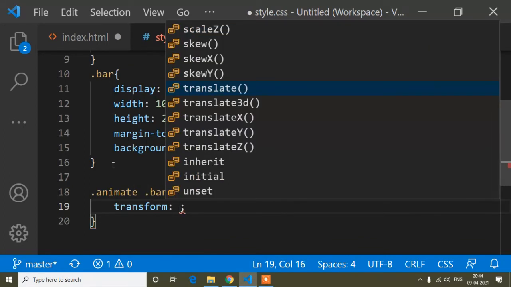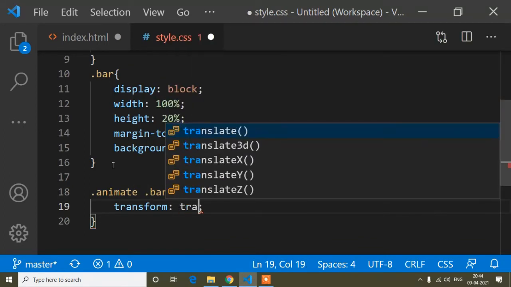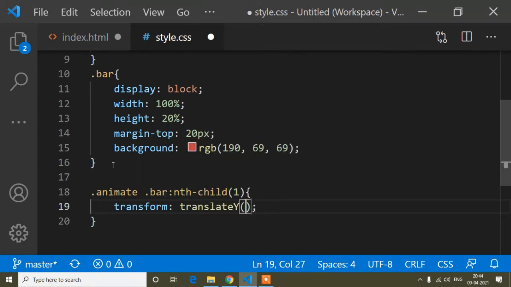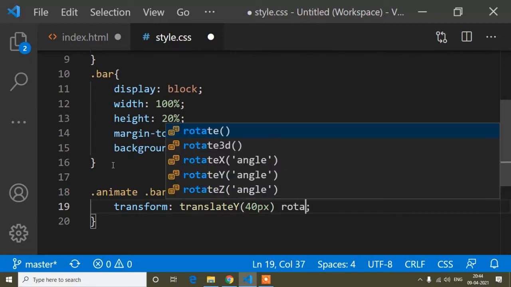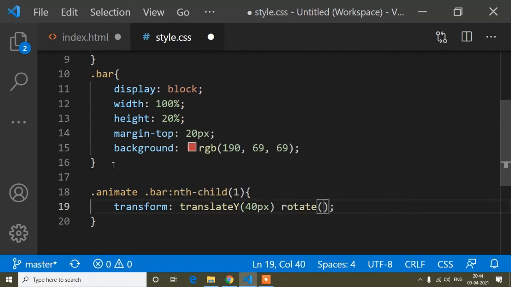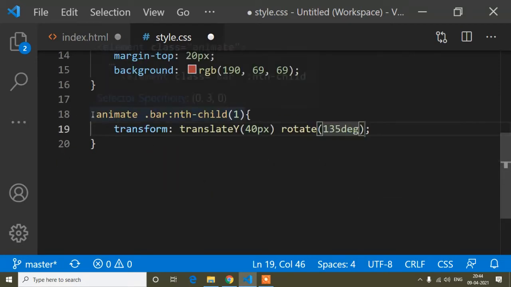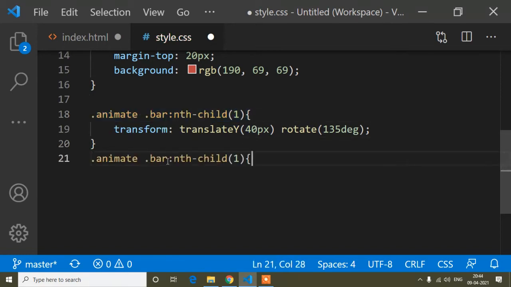Transform: translate y 40 pixel and rotate 135 degree. Why I'm writing this, first I will write and then I will explain.